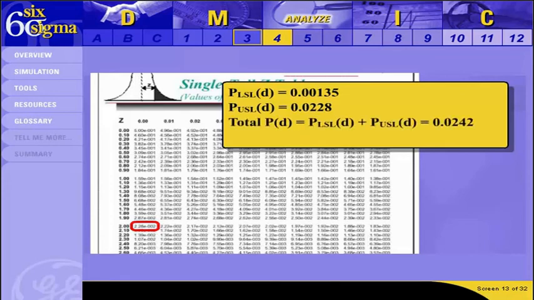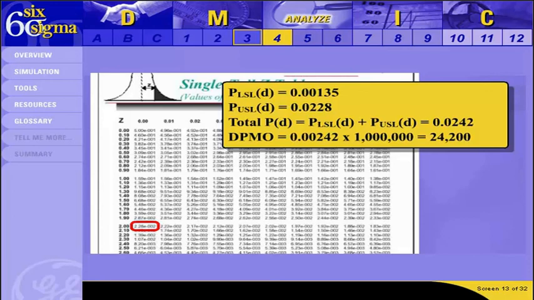If we add those two numbers together, we get a value of 0.02415, or 2.42 times 10 to the power of minus 2, which is the probability of producing a defect by violating either the lower or upper specification limit. This is the overall probability of producing a defect in this process. Remember the conversion of P parenthesis D to DPMO. This P parenthesis D is converted to a corresponding DPMO of 24,200 by simply multiplying